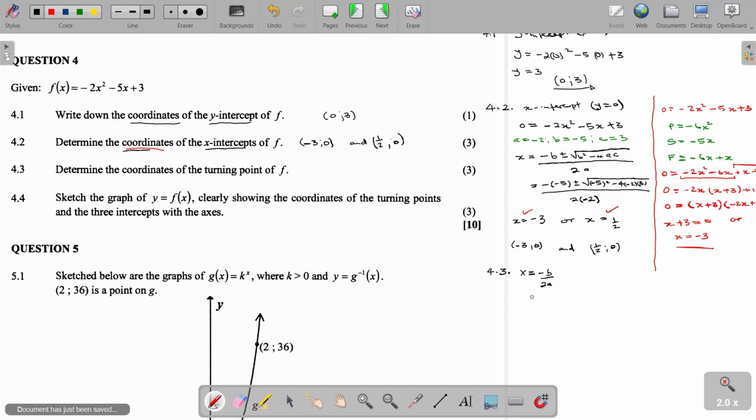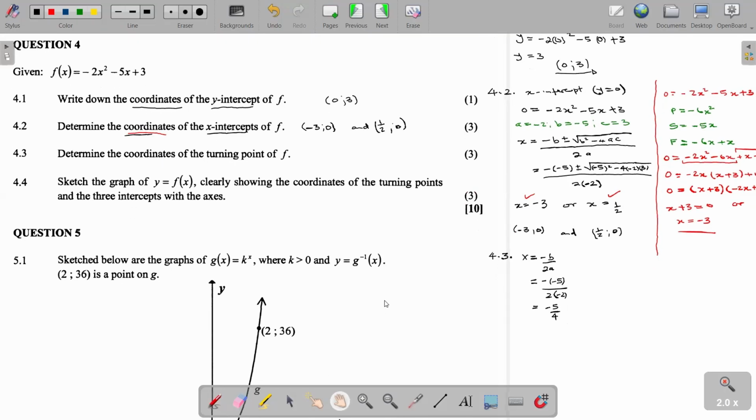So it means our x is equal to minus, and our B is minus 5, over 2. Our A is minus 2. So this is equal to -5 over 4. Once we get the x value, to get the corresponding y value, we need to substitute